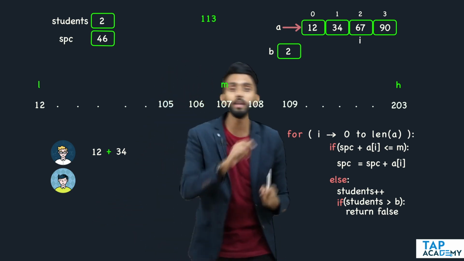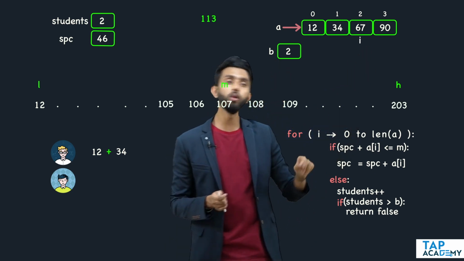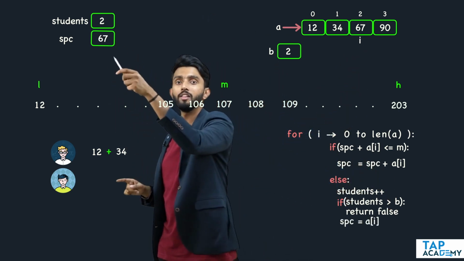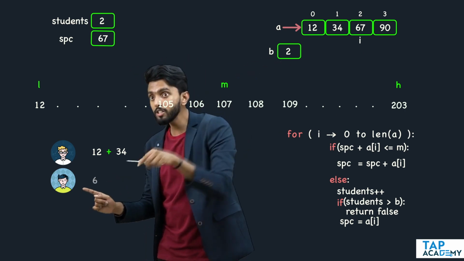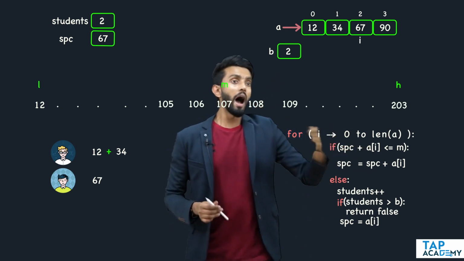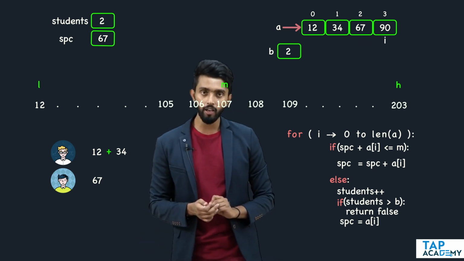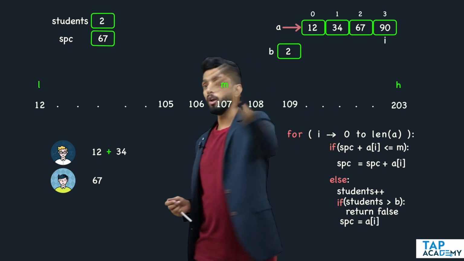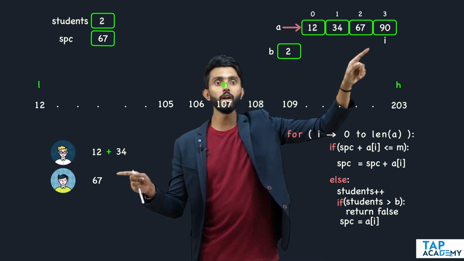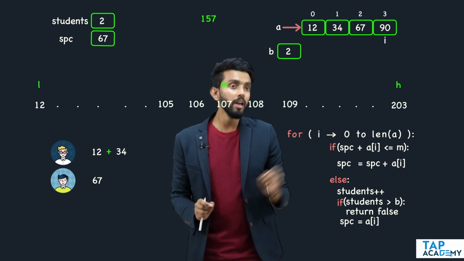So what are you going to do, if you ask me? Whatever is the ith value, I am going to assign it to SPC. SPC was 46, now I will assign 67, so it will become 67, and 67 is the page count of the new student. Hope you are able to think. You are within a loop. Again check, if in case I move forward, check if the ith book, if I allocate it to this student, will it be lesser than this or equal to this? So, if I do 67 plus 90, it will be 157, and 157 is